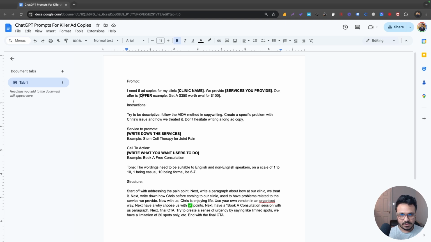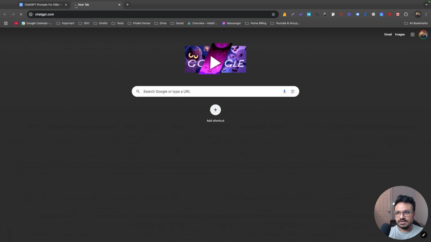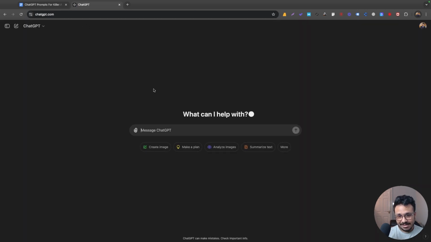it's an AI software that writes content for you and does all sorts of stuff. But in this case, we are just going to stick with writing content. So if you just go to chatgpt.com, if you're not logged in, it's going to ask you to create a free account. It's totally free for now. You can go ahead and create a free account, and this is what we're going to use to write our